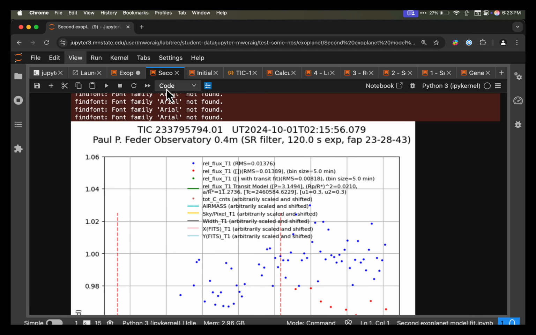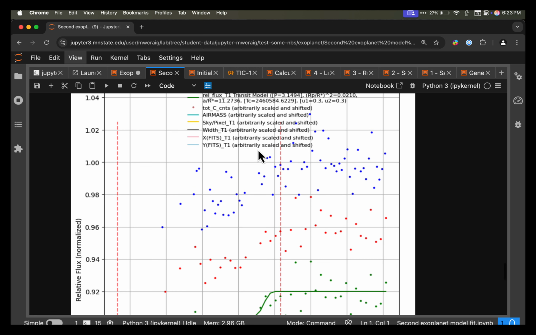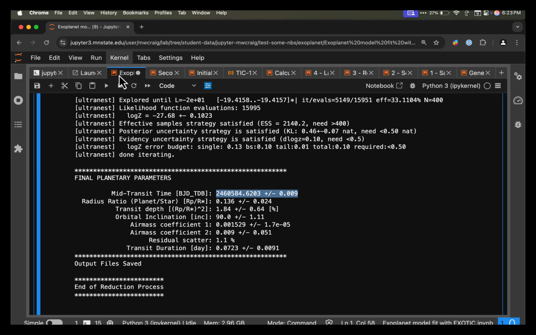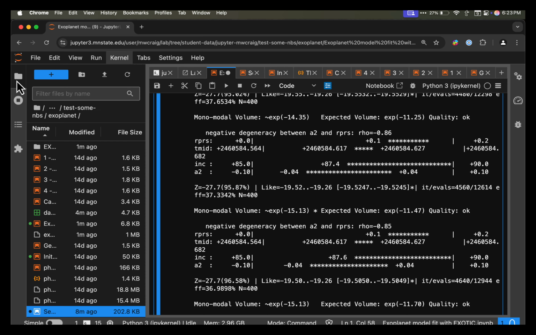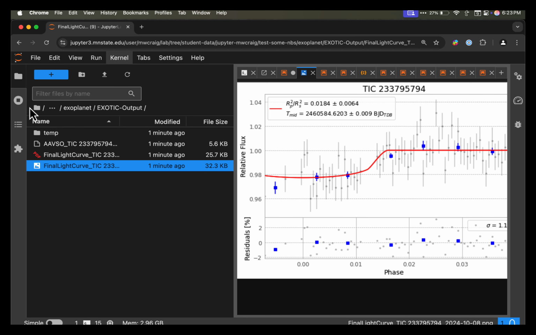The reason we did this other one is that it's much faster to run and a little bit more straightforward to explain. Along with all this, Exotic also made a folder with some information, and the final light curve in particular